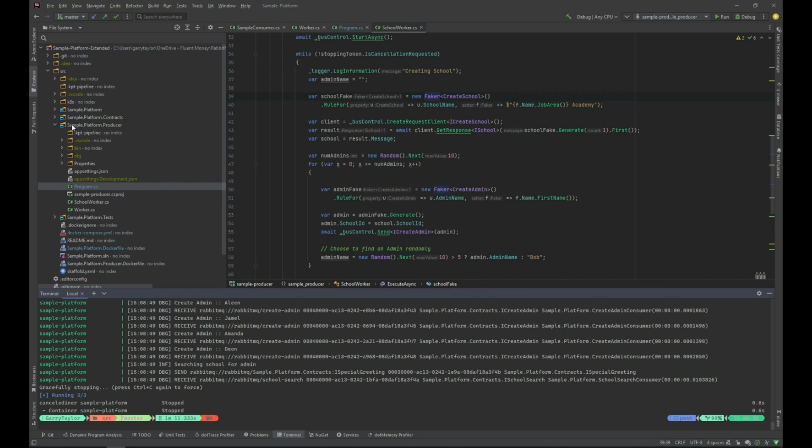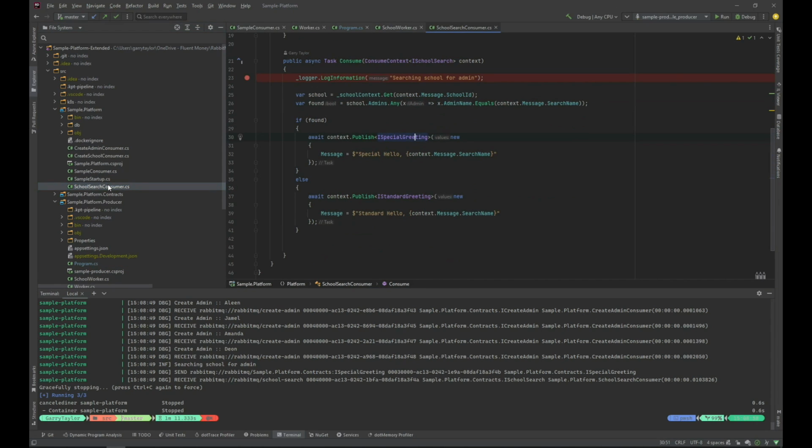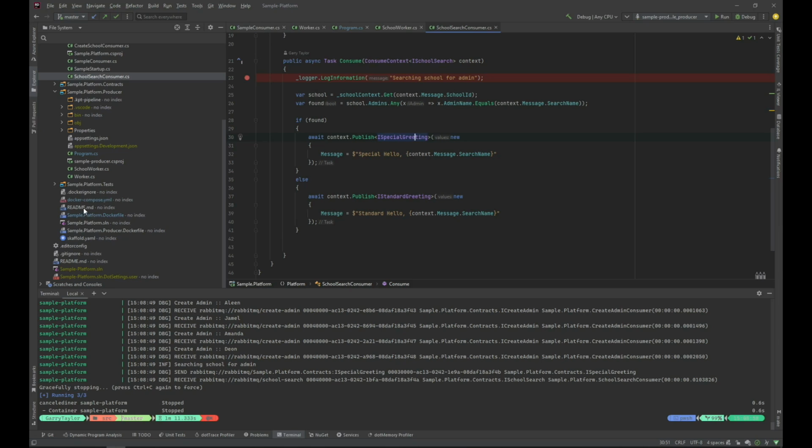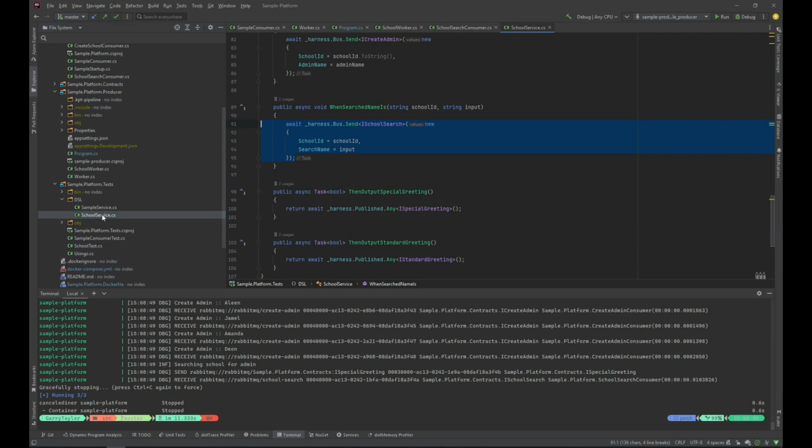Now, of course, I have got a different consumer. And what I wanted to do was set up a school search system. And if we have a look at the unit test, which I'll go into more detail in a second, but if we have a look at the DSL for this,